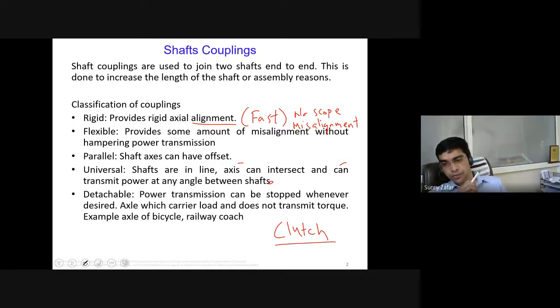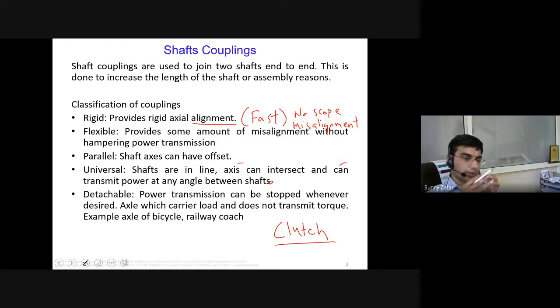So I'm very sure each one of you might have come across this term clutch. A clutch is an arrangement which in the normal sense is always engaged, but you need to either pull a lever or press a pedal in order to disengage it. So power transmission immediately stops as soon as you disengage the clutch. If you drive any vehicle, say a geared two wheeler or a four wheeler, you can very well understand the role of clutch for engaging and disengaging. In such scenarios, power transmission can be stopped or switched on depending on the need.